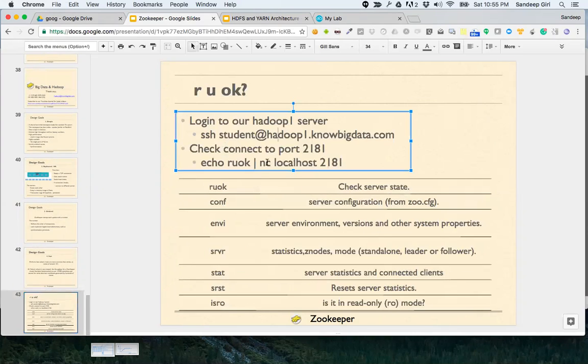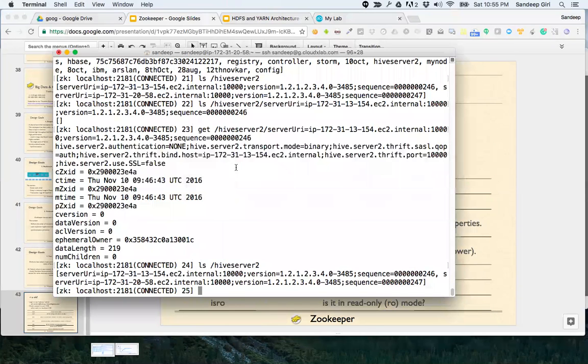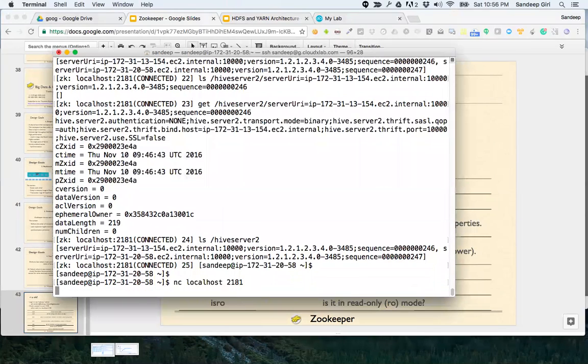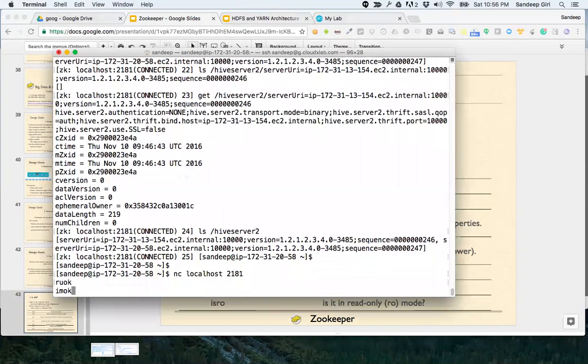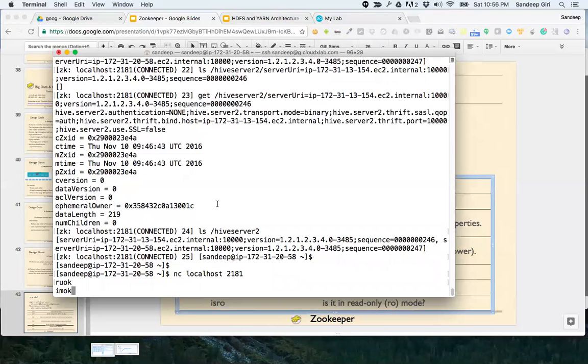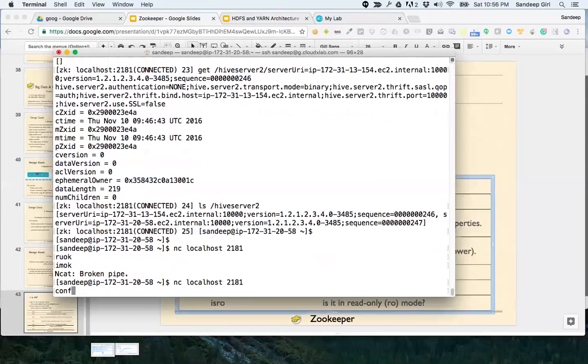Somebody was asking me about who is the leader. One way is to check by nc localhost 2181, and then you could say, are you okay? It says I am okay. So that's another way to talk to it. If you want to find out, you could say conf.